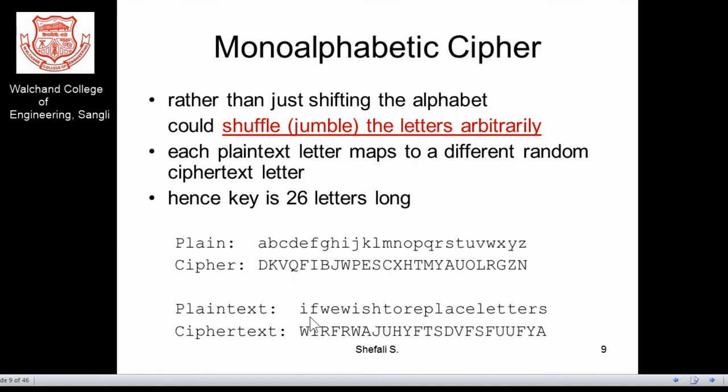So for example, if my plain text is this one, and we wish to replace letters, for I, what should be the cipher? Now for this one you need to check the codebook. This is the codebook or the manual, you can find it. Now for I, there is a replacement as W. So you can say that I is replaced by W. As for F, where is the F? You can find the F here. What is the replacement? I is there. So you can say that I is the replacement. That means you need to keep this particular codebook as a very confidential one.